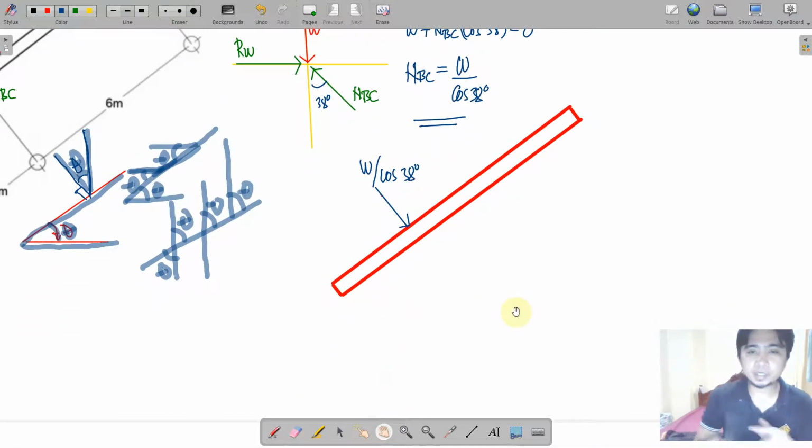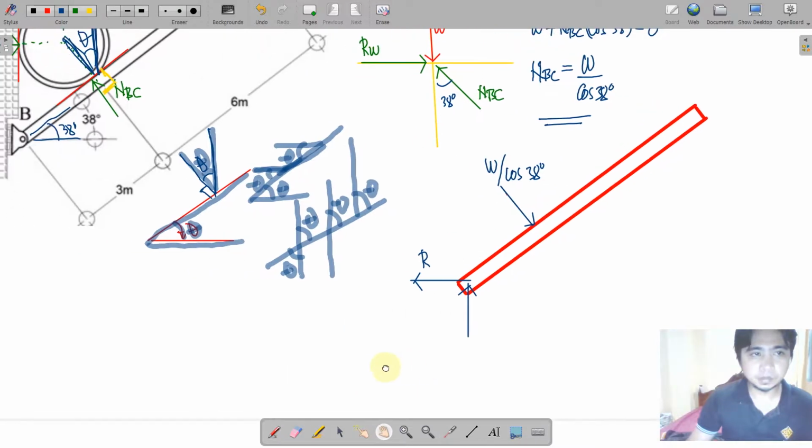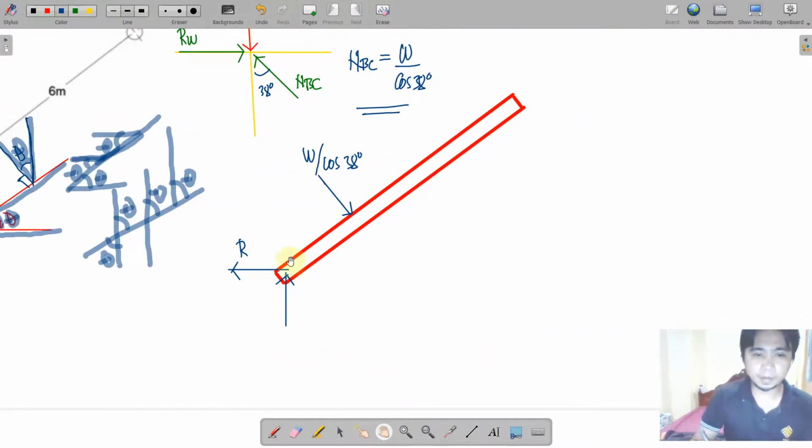This is pin connected at this edge. Although we do not need this one, we still need to reflect it for our appreciation. We have here a vertical and a horizontal reaction. Perhaps we can assume a direction for that. Say, let us have here R. What is that joint? B. So that is joint B. So we have here R, RBX, and this is